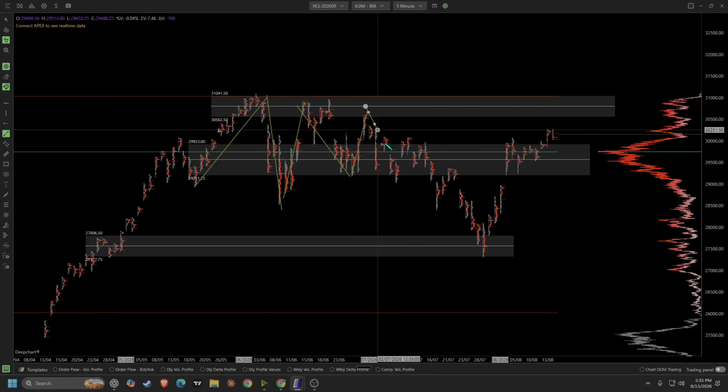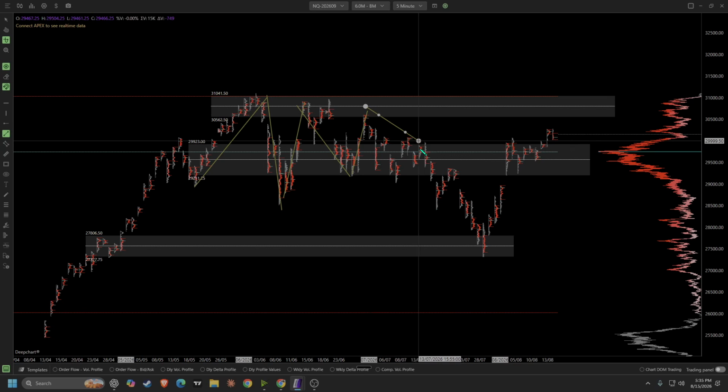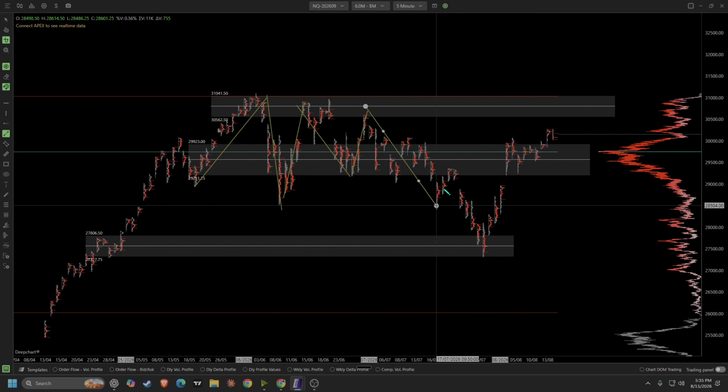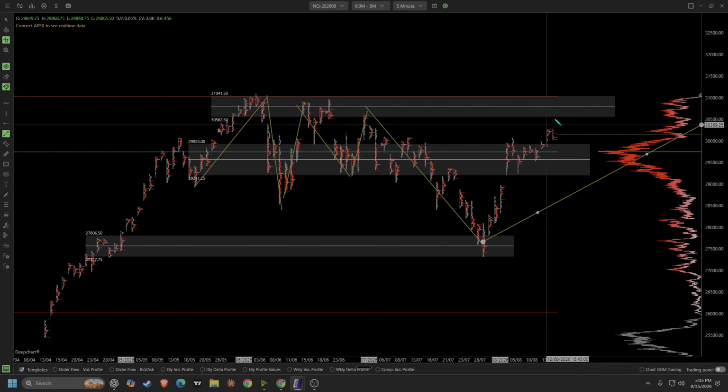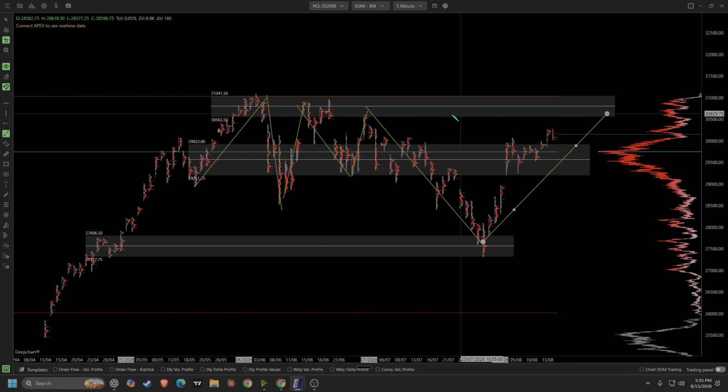And then we had a nice little consolidation period for multiple days back in this area before starting to make our way down to a previous value area before coming back up, testing this middle value area, and now it looks like we're making our way likely back up